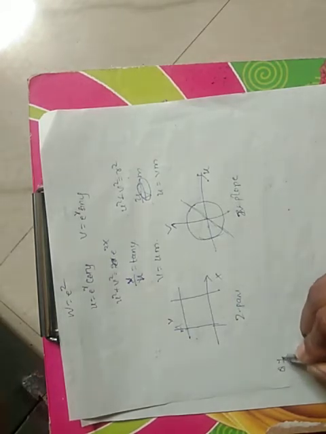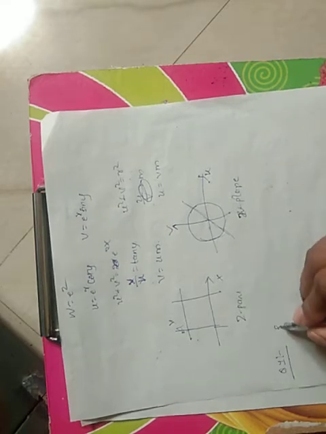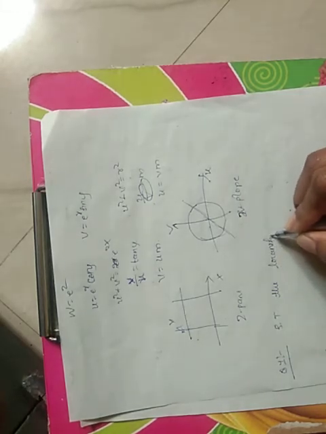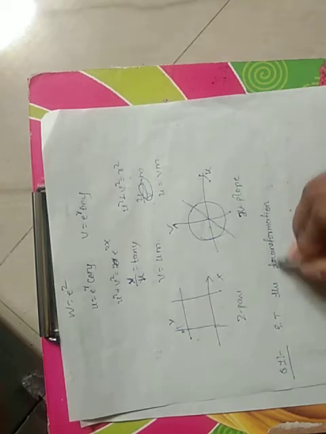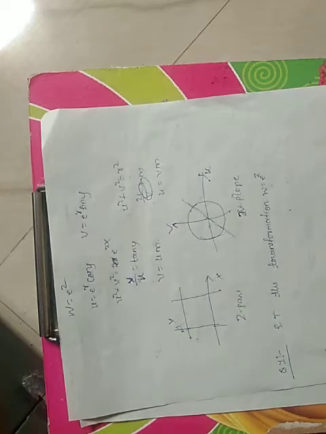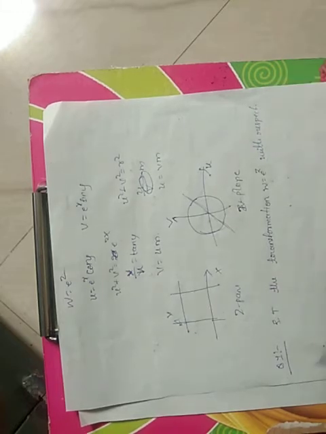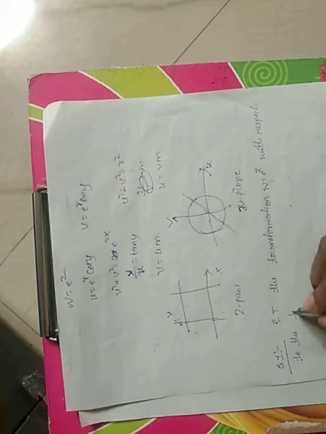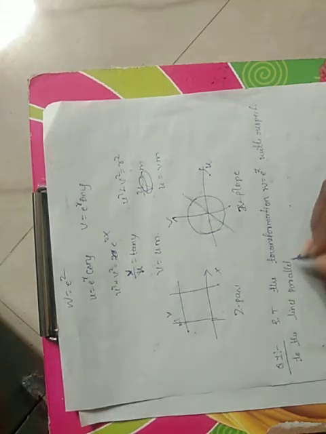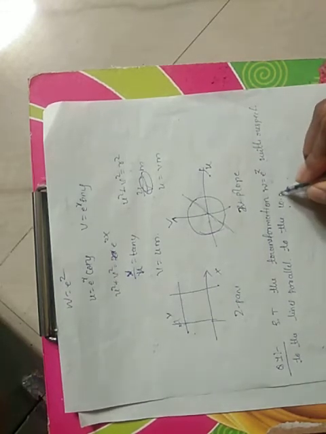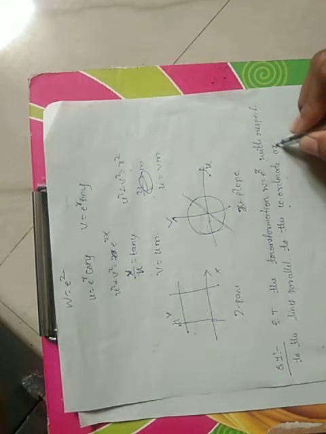I am showing you the pattern of the question on this transformation: show that the transformation w equal to e raised to z with respect to the lines parallel to the coordinate axis in the z plane